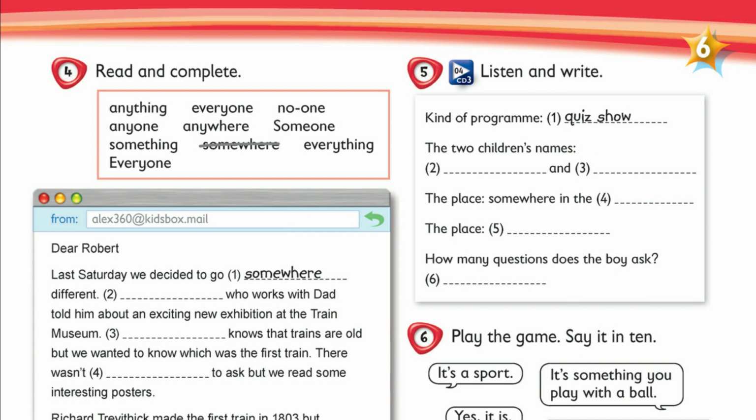Welcome to today's quiz show, Say it in 10. Today, we've got two young players who are going to play our game. Their names are Harry and Sally. Hello. Hi. Now, you know how to play? One of you thinks of a place, a person, or a thing. It can be anywhere, anyone, or anything. And the other must ask questions to find out what it is.